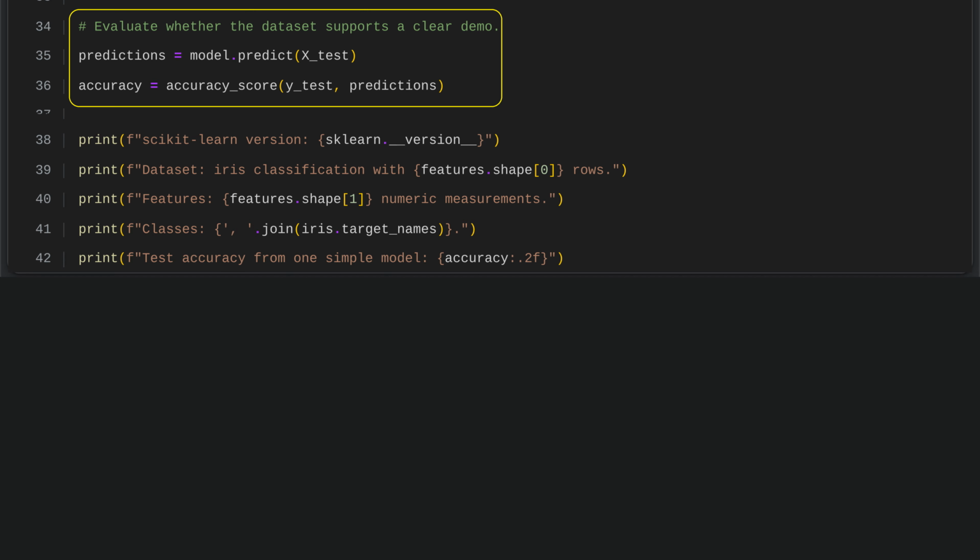To evaluate the model, we use it to predict labels for the test data, then compare those predictions with the true labels. The accuracy score measures the share of correct predictions, giving a simple indication of how well the model